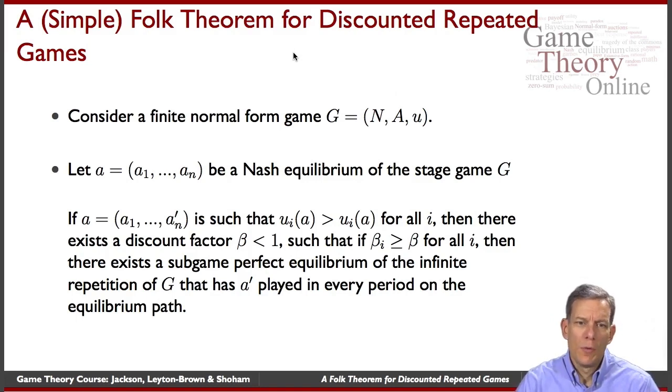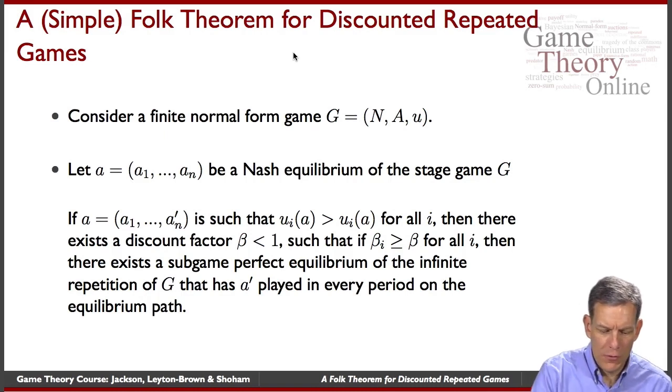So take a normal form game. There are actually very many versions of folk theorems, and we'll do a very particular one which has, I think, the basic intuition behind it and a fairly simple proof. So the idea is we're looking at some Nash equilibrium of the stage game. So take a stage game, find a profile which is a Nash equilibrium of the stage game, and then also